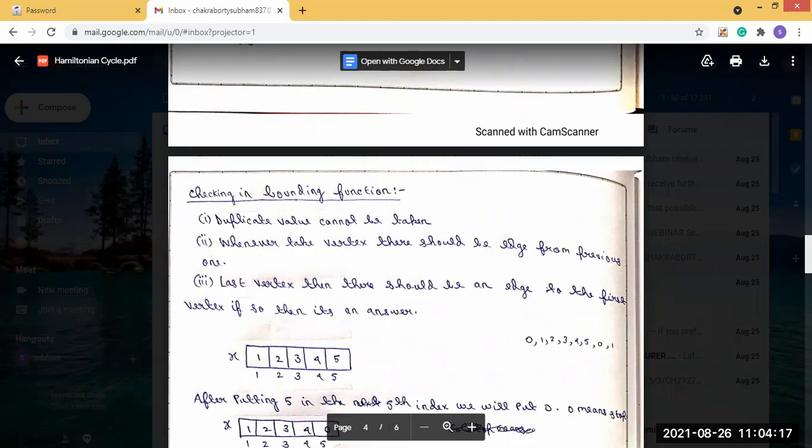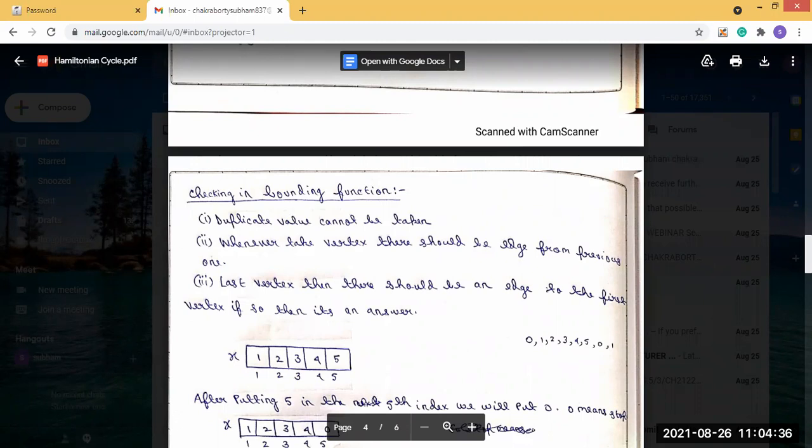Then next, another check is that whenever we take a vertex, there should be an edge from the previous one. That's what we have seen: every time we put a value, after putting it, we check whether an edge is present or not.